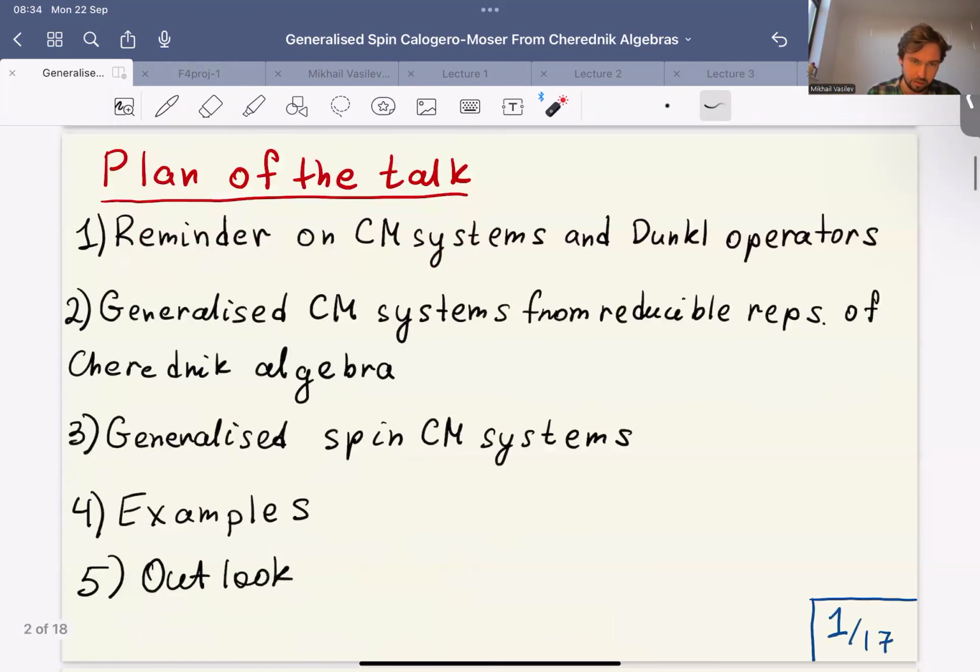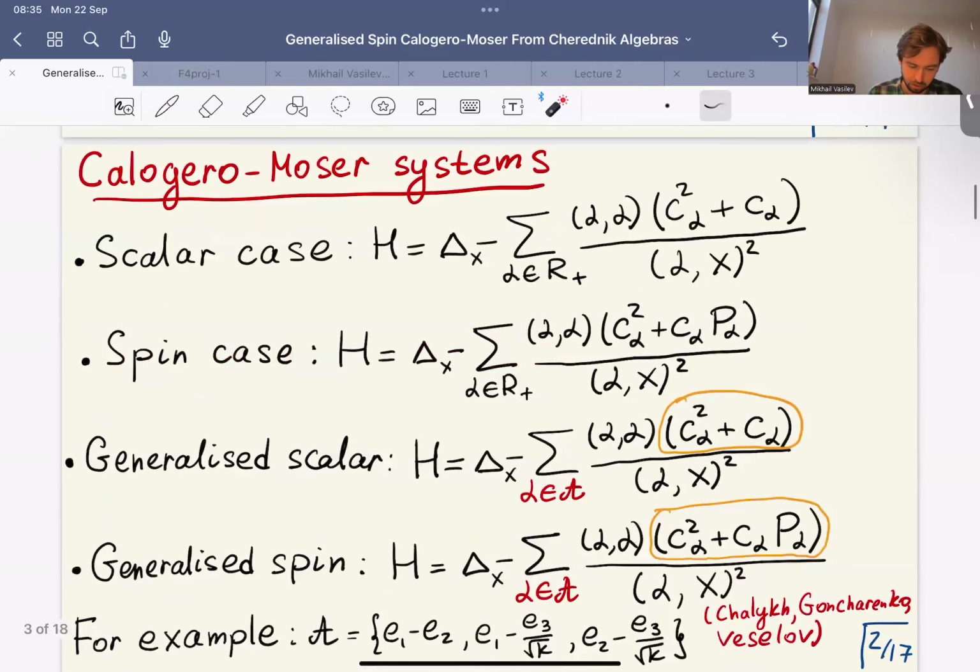So the plan for the talk is the following. So first of all, I will recall just the basics on how to construct Calogero-Moser systems from Dunkl operators. So secondly, I will discuss how generalized Calogero-Moser systems could be obtained from reducible representations of the Cherednik algebra. Third will be about generalized spin Calogero-Moser systems. Then we will look at some examples, and then there will be outlook. So let's start with something very basic,